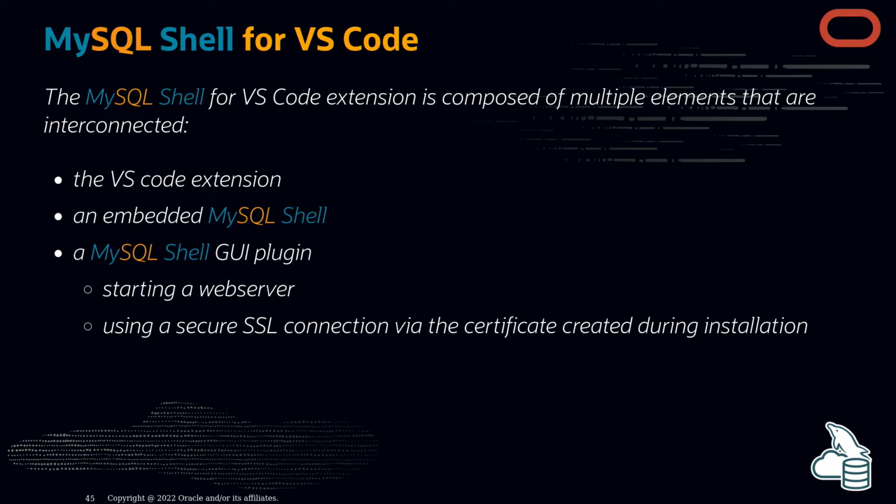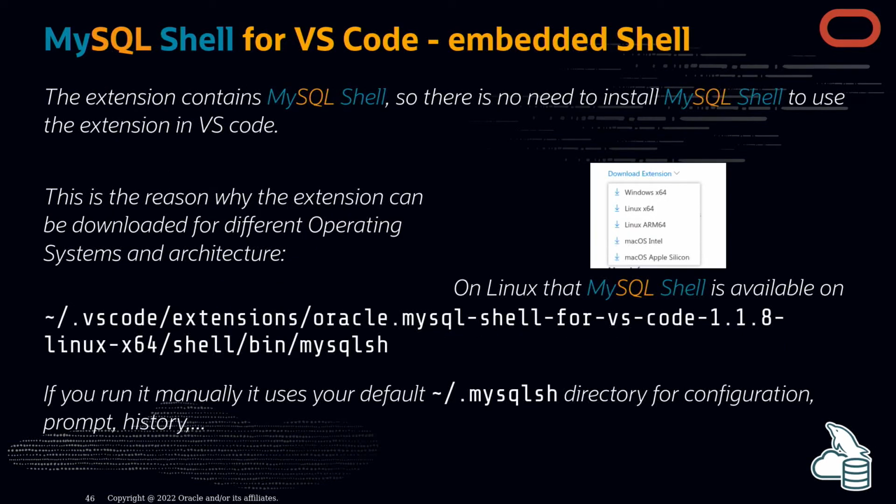That will start a web server locally on your machine where the extension is installed, with a secure SSL connection, and this is why we had to generate these certificates during the installation. And also, because it contains the embedded MySQL Shell, if you want to download the extension, the extension is